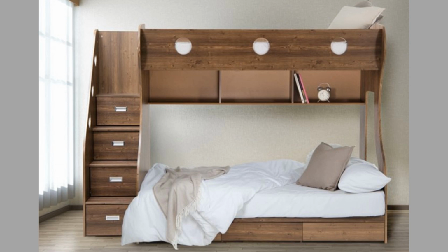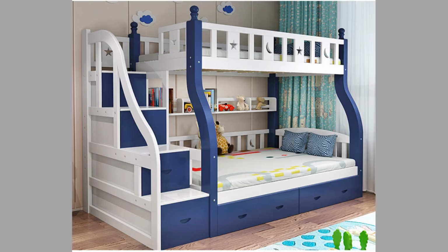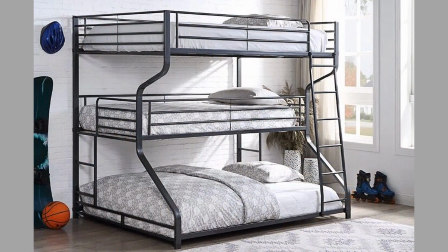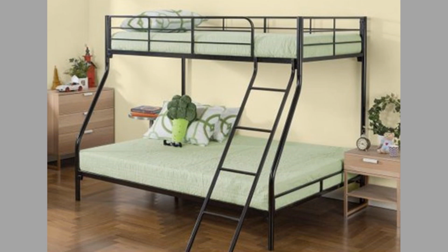Do you have a shortage of sleeping spaces in your home? Then, you should consider incorporating bunk beds into your bedrooms. Bunk beds have been a staple in homes, dormitories, and camps for generations. They offer a unique solution for maximizing space, especially in smaller rooms, while providing a fun and functional sleeping arrangement. Whether for kids sharing a bedroom, accommodating guests, or optimizing space in a studio apartment, bunk beds serve a variety